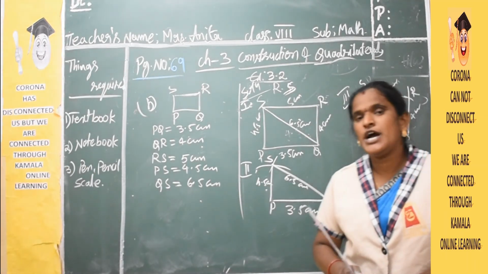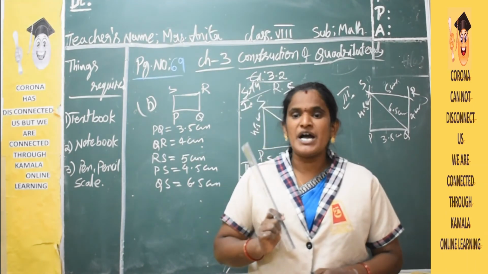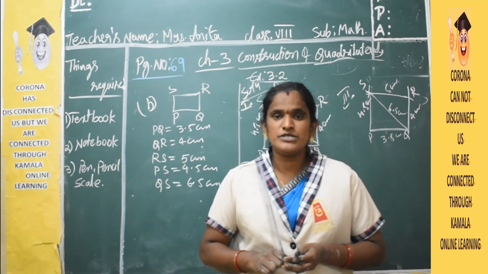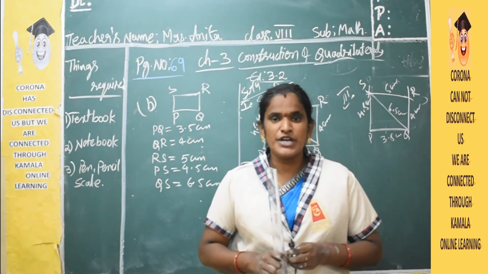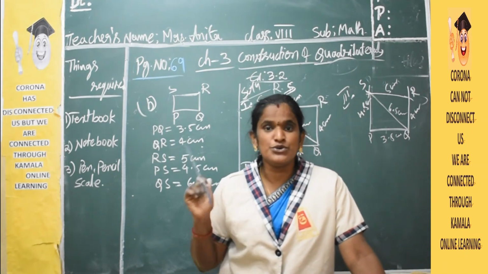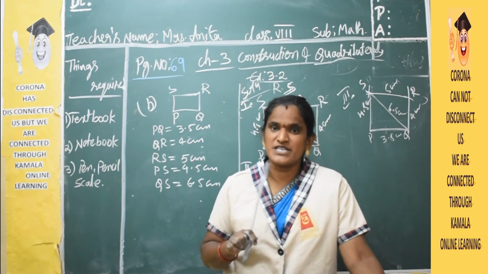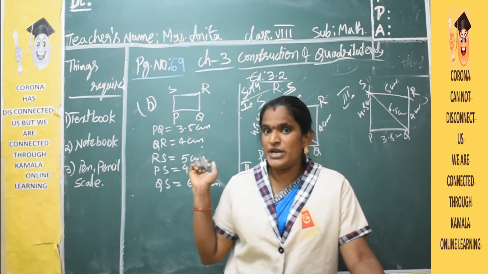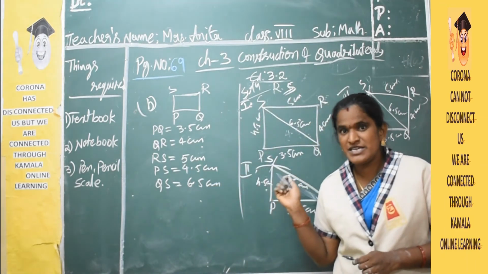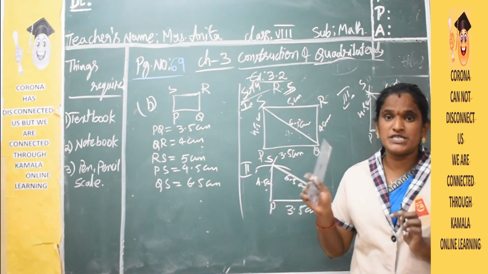Okay, children, you have to do it carefully. Definitely use a compass and scale, and yes, children, a protractor also, sometimes it is useful. Yes, children, you have to take exact measurements. Don't do the rough sketch, it means completely don't do the rough sketch. What I did without the instruments, don't do like that. You have to use instruments, children.